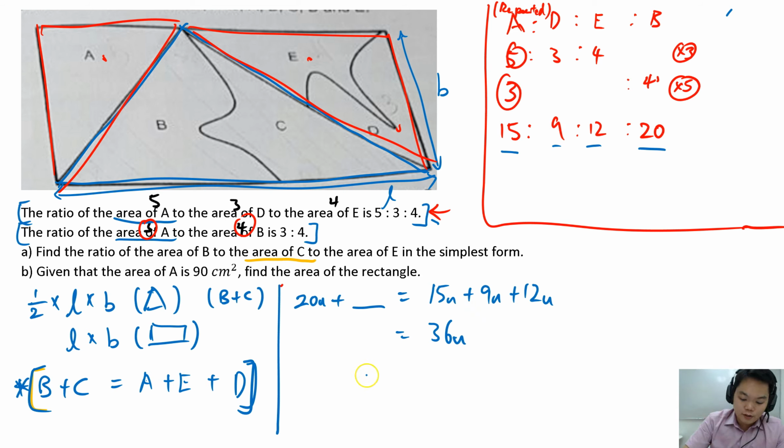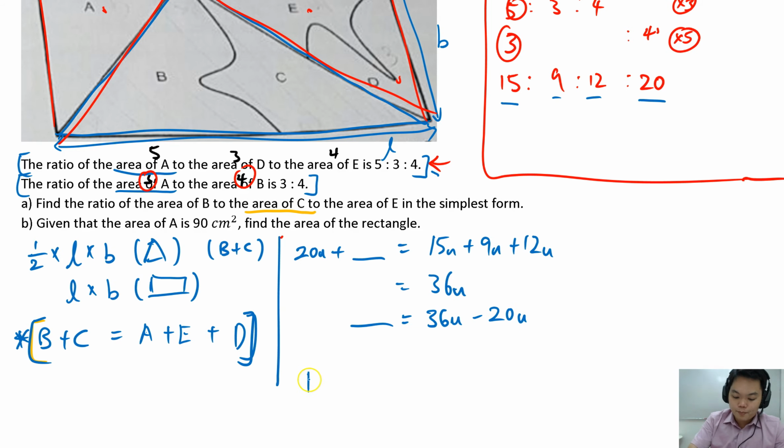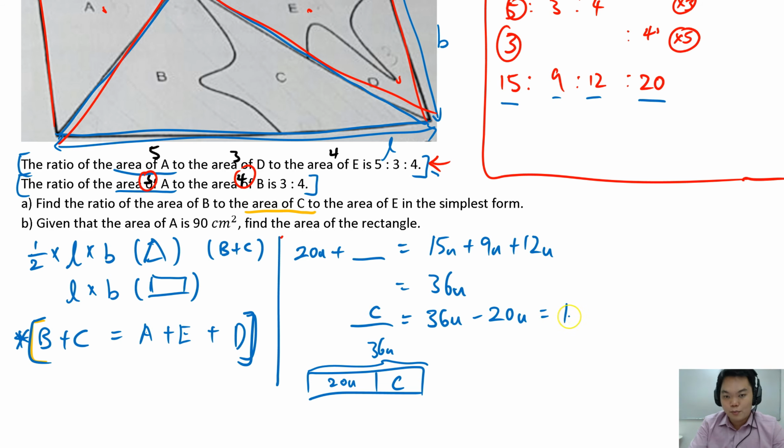Now this something can be found by taking 36 units and subtracting 20 units. To understand why, 20 units plus C gives you a total of 36 units, and therefore the area of C should be 16 units. So to answer part A,